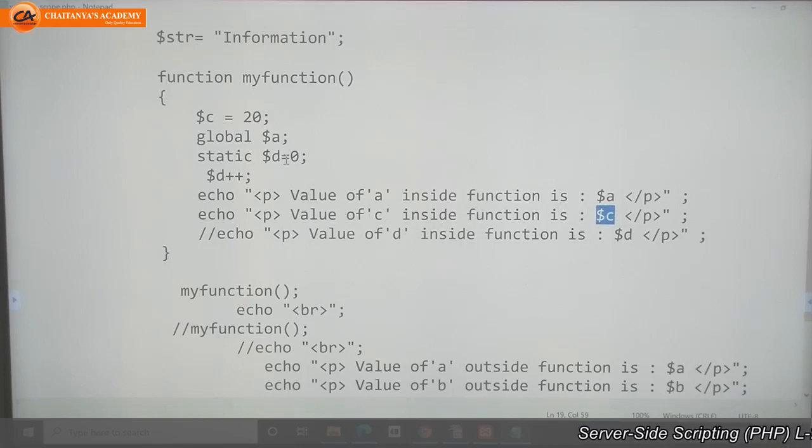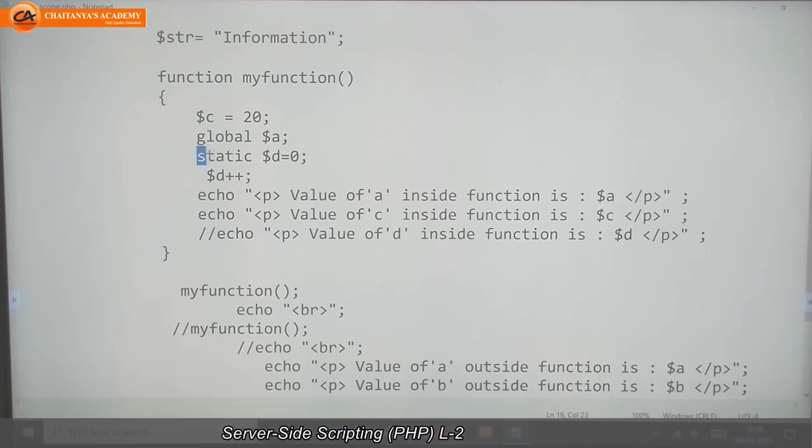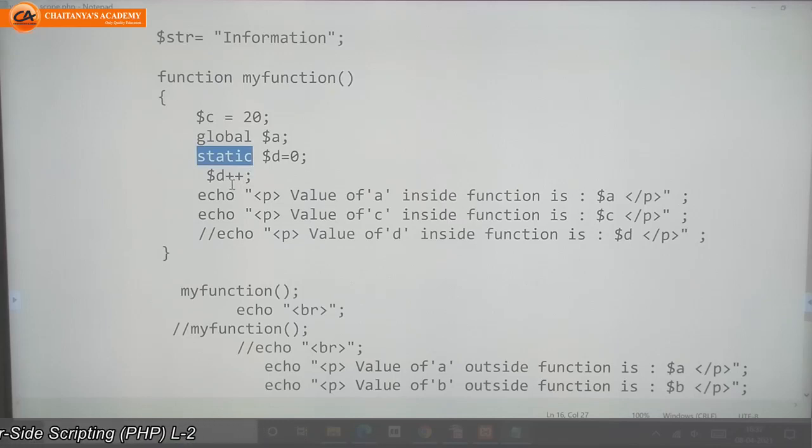But instead of that, I want to keep the value as constant. I don't want to change the value till the end of execution. At that time, I need to use the static keyword. I need to use the static keyword when we want the local variable not to be deleted.